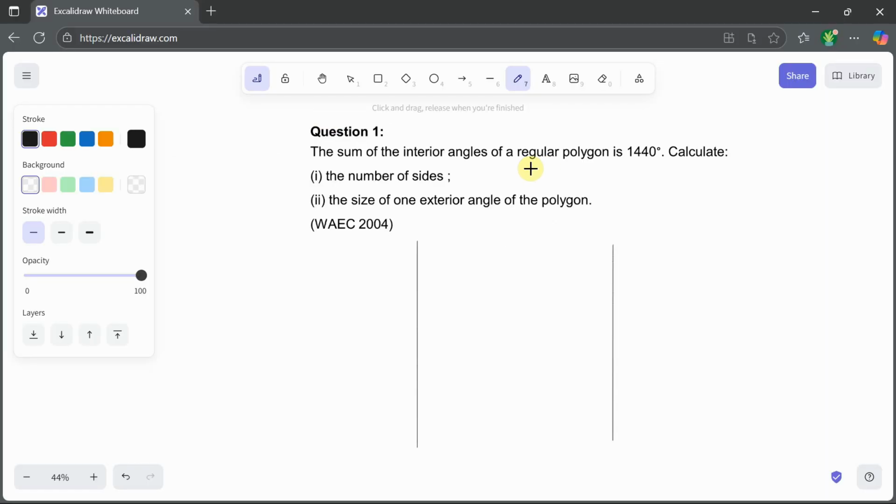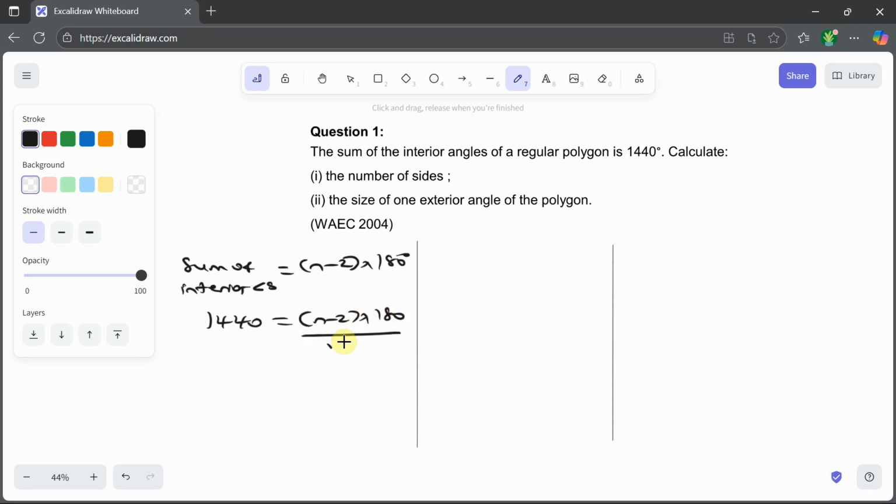So I'm told that the sum of the interior angles of a regular polygon is 1440 degrees, but we know that the sum of interior angles is n minus 2 times 180 degrees. We established this, right? So I will just replace. I say 1440 is equal to n minus 2 times 180 degrees. And if I divide both sides by 180,